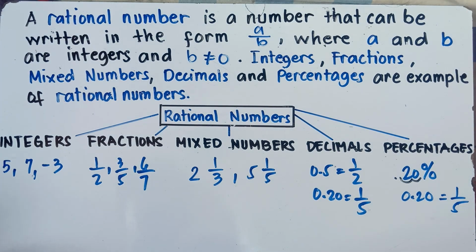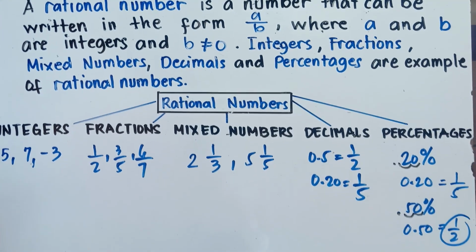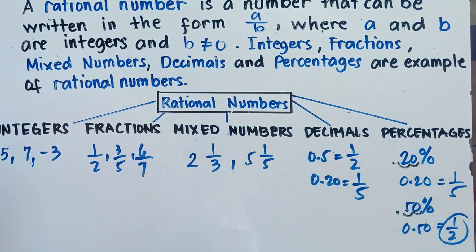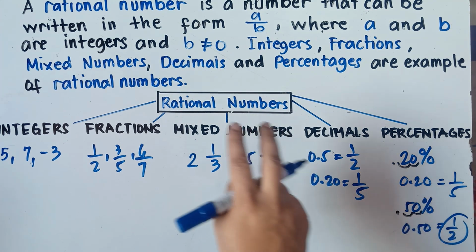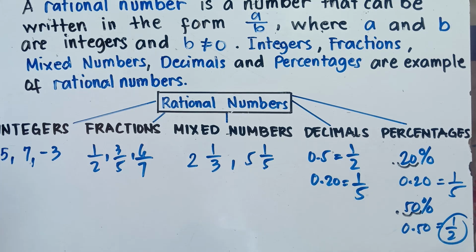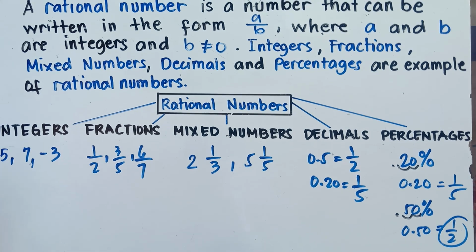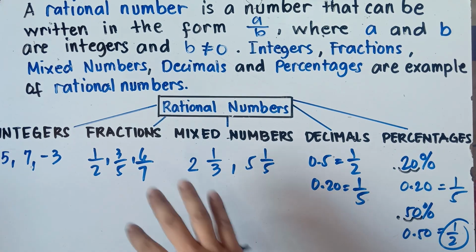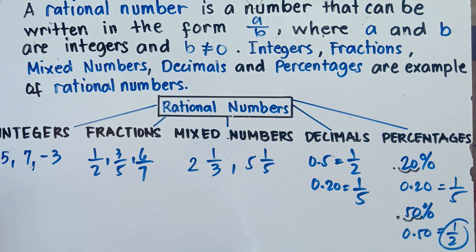So once again, if I will say 50%, you can convert this one into decimal. Move the decimal point right to left twice, 1, then 2. This will be 0.50. And we know that 0.50 or 0.5 is equivalent to 1/2. And 1/2 is a rational number. So therefore, class, percentages are called rational numbers because we can convert percentages into fraction. Alright, so if you understand this one, class, with regards to rational number, let's answer this one, class.